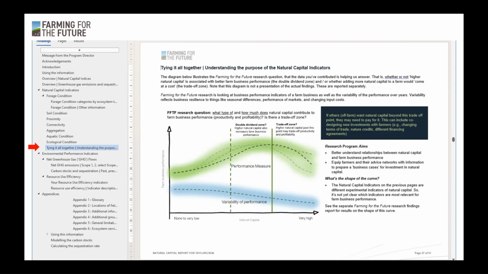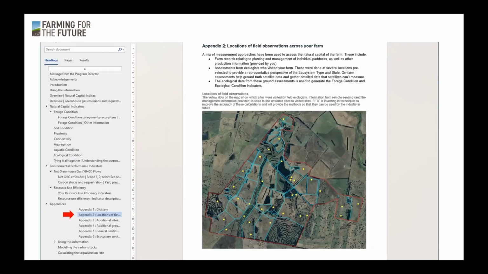The key thing here is that for Farming for the Future, we're only doing that first point in time. And so the information in your natural capital account can be considered a baseline for that natural capital. So in order to understand what natural capital exists on a farm, we've used a combination of methods to be